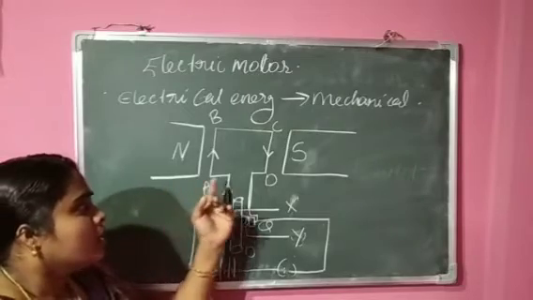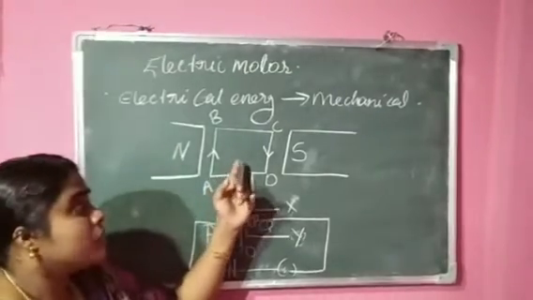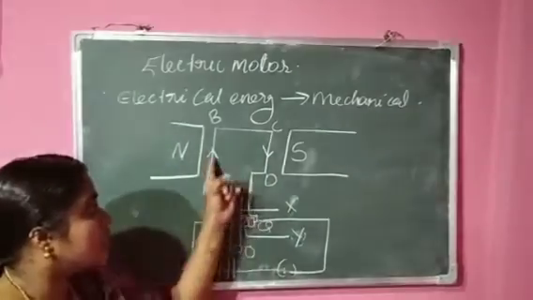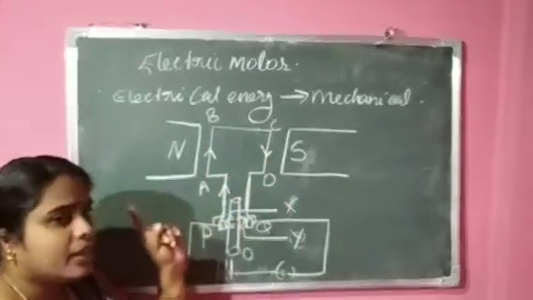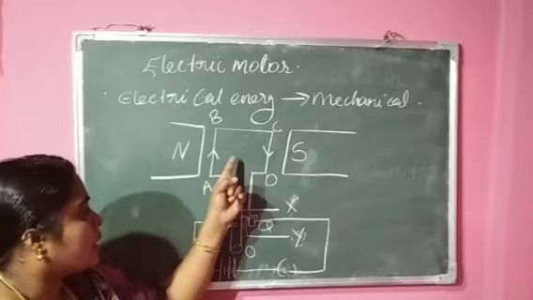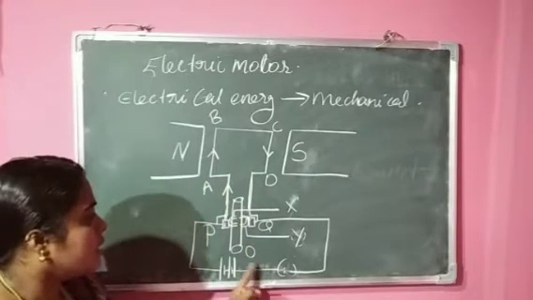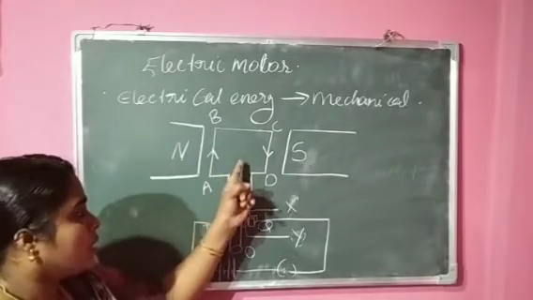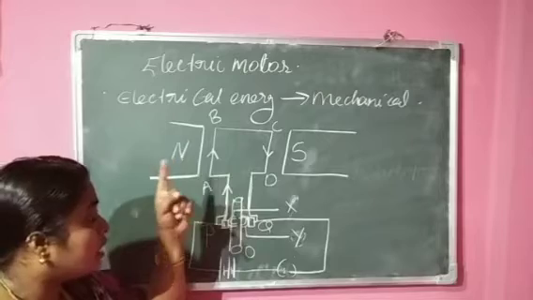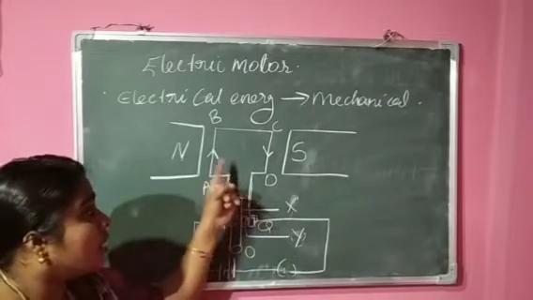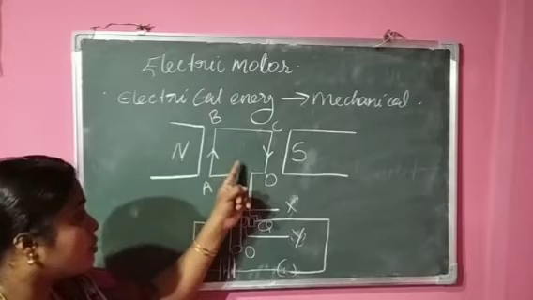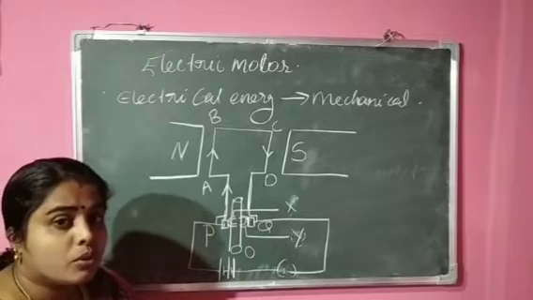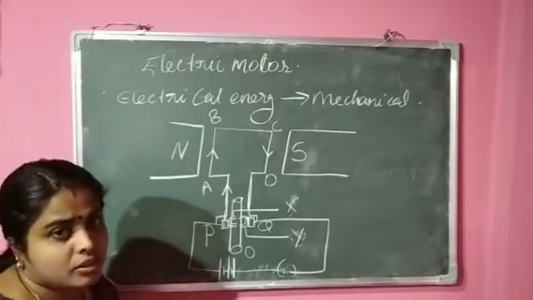Then we can find the direction of movement of this current carrying conductor. Here, which is the current carrying conductor? This rectangular coil is the current carrying conductor. When this conductor is in a magnetic field and the current is flowing through it, it starts to move. That is the working principle. So how to understand the direction of current, direction of force or direction of movement of the conductor? We already studied that. The law, which law? Fleming's left hand rule.